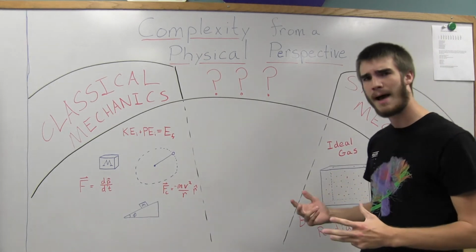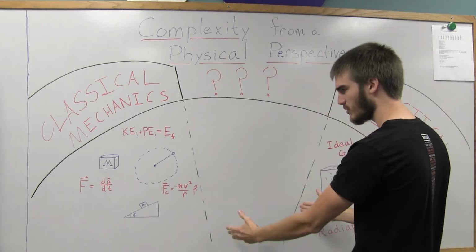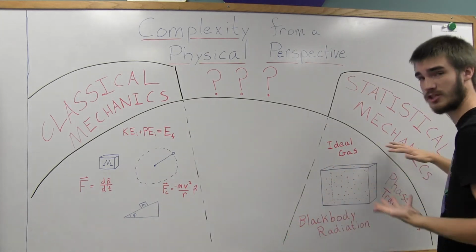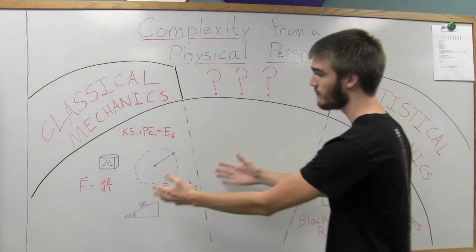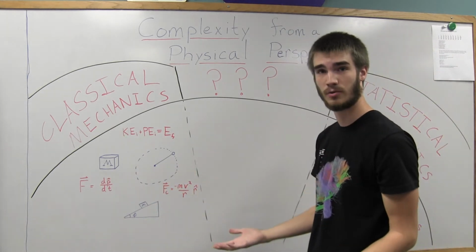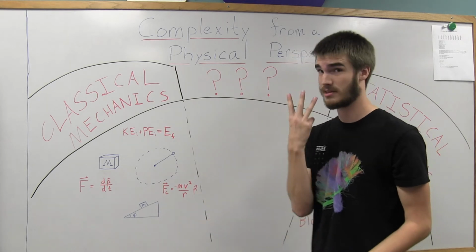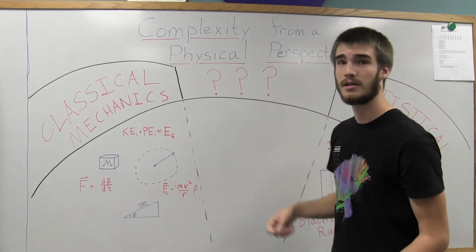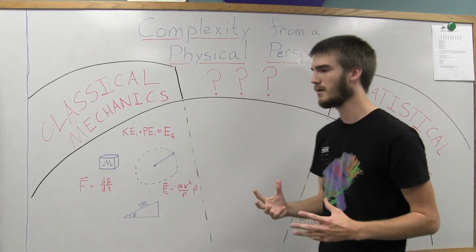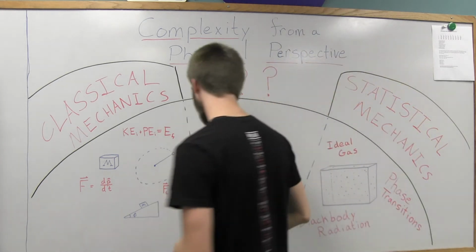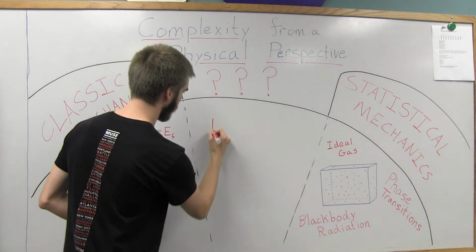So what happens when we're in the middle here and we don't have so many particles that we can just average everything out, and we don't have so few particles that we can just understand the way they're interacting? You'll find actually that even in systems of maybe three things, you're in the middle here with complexity. So what we're going to try to do is show how things in complexity